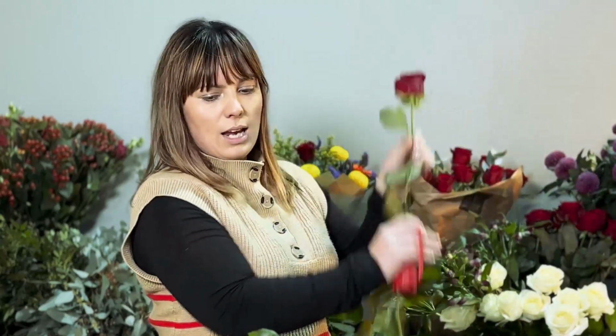And we're going to take the guard petals off the roses as well. The guard petals are these little petals around the roses. These protect the roses when they're really tight in bud. And as they grow,